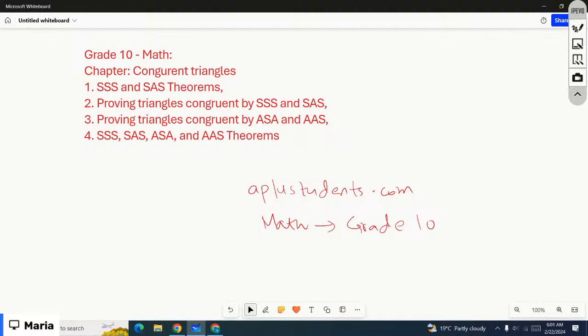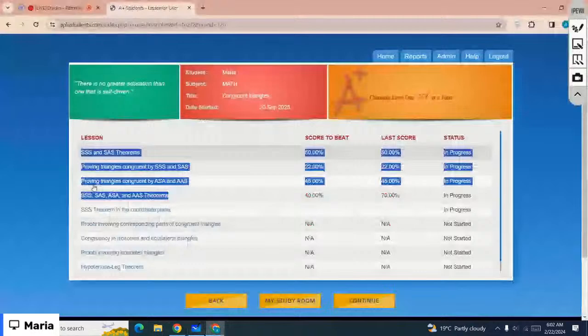We're going to start with the chapter congruent triangles. The lessons we're going to cover today are SSS and SAS theorems, proving triangles congruent by SSS and SAS, proving triangles congruent by ASA and AAS, and then SSS, SAS, ASA, and AAS theorems. Please make sure you have your notebook and pencil so that you can note down the important examples and definitions as well. Let's start with the first lesson,